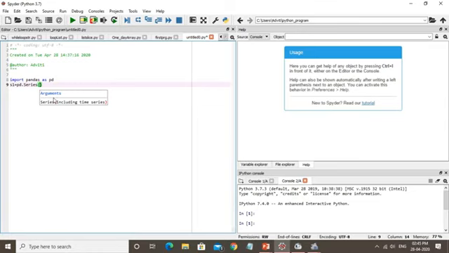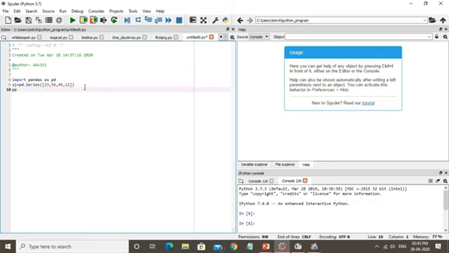Let's say I'm creating simple values 23, 56, 45, 12, and now print this series. Print s1. We can run this program.